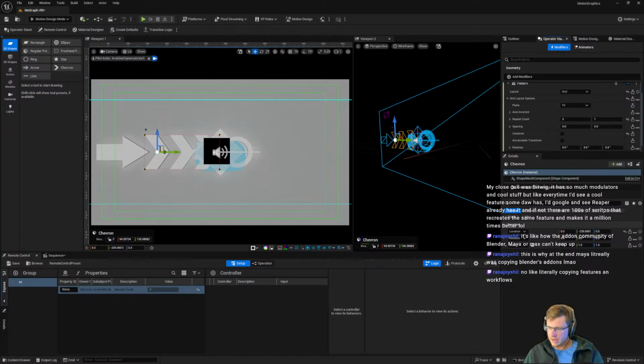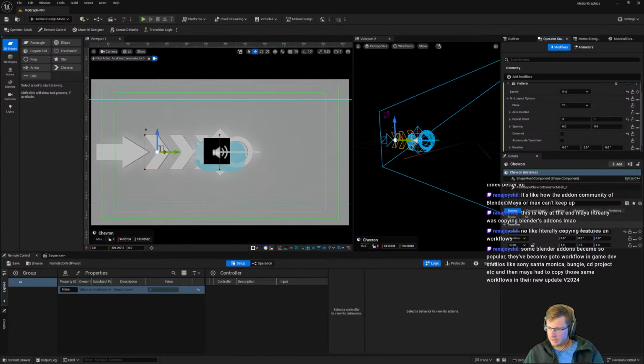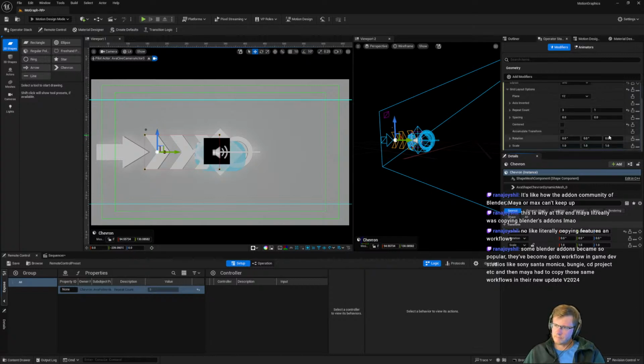At the end Maya literally was copying Blender's add-ons. Like literally copying features and workflows. I know, but that's what I'm saying. Some workflows probably are undeniably the best or most logical way to have a workflow. Just reinventing the wheel for the sake of being original, there's an argument against that.